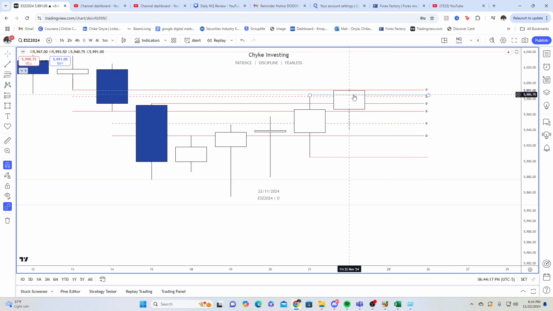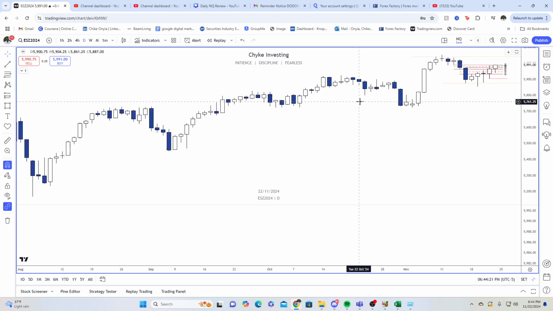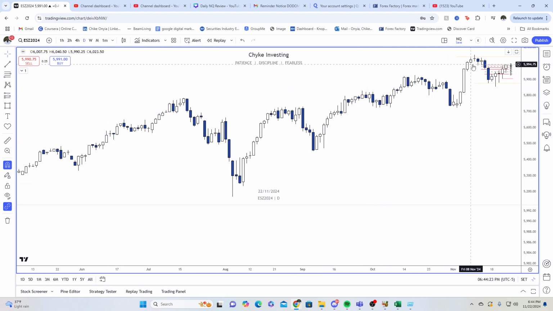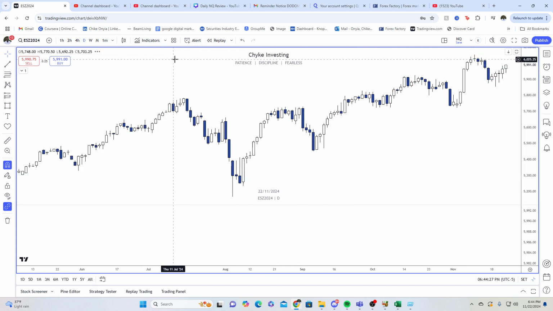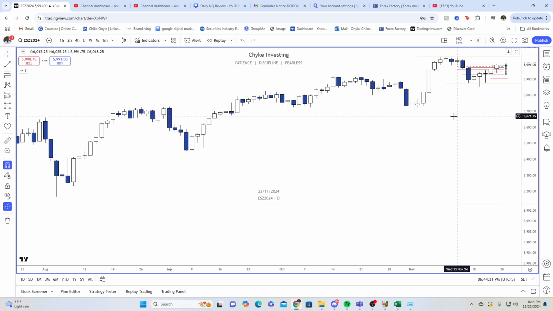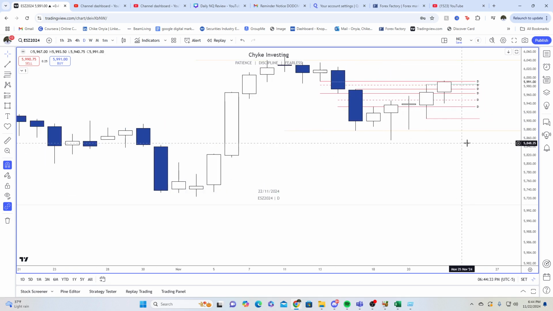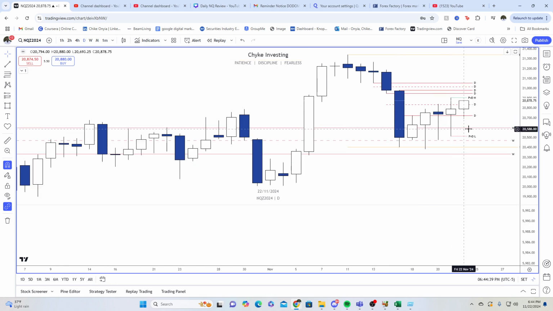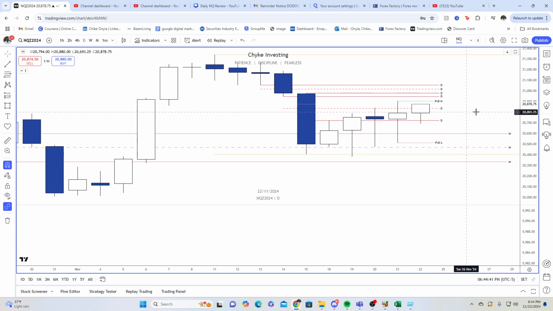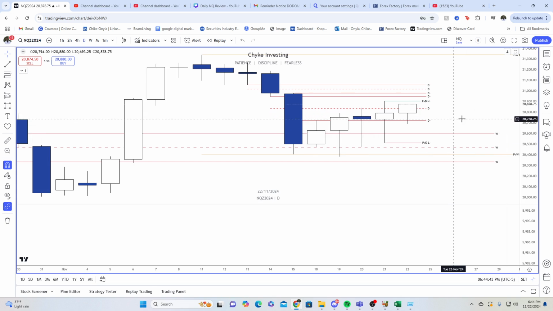ES did hit its previous day high, and actually right out the gate, ES was bullish, and that makes sense, right? ES has always been more bullish than NQ for the whole of this year. Like, this all-time high over here was reached on ES a long time ago, right? ES has been bullish for a while now, and so that's why you can see longs are working out really well on ES, and shorts are working really well on NQ, because NQ is a little bit more bearish than ES, okay, or just not as strong. It's a little weaker. That's the word I'm looking for, actually.